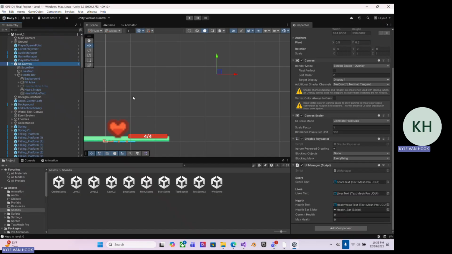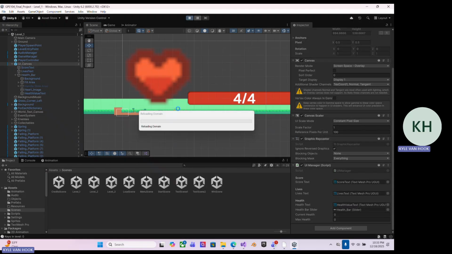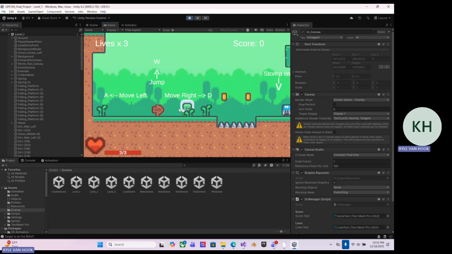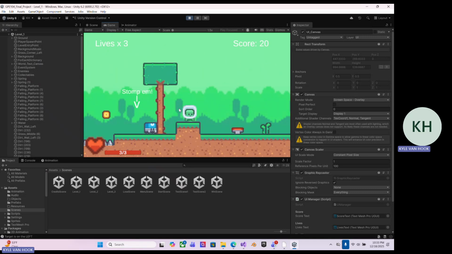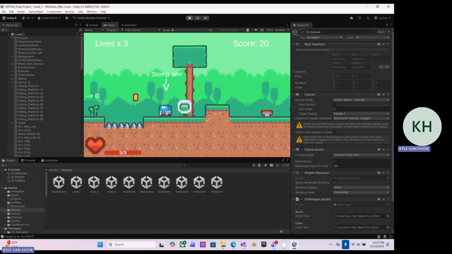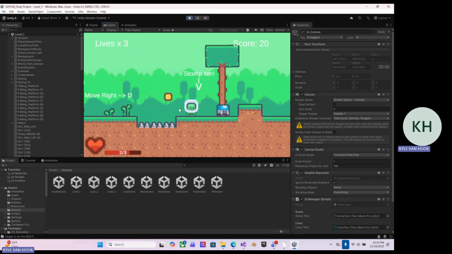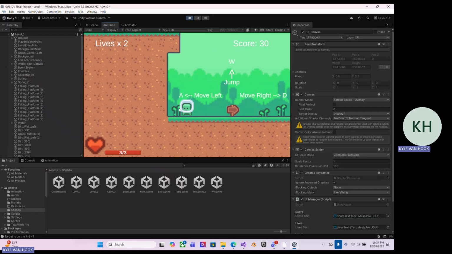This is basically, yeah, pretty much all that needs to be shown. I can show off that they are working. So, the coins, if I collect an object, the score will increase. If I run into an enemy that won't kill me, like these pill bugs, let me wait until he's on the floor so I don't stomp on him. If I collide with him, I will take damage. And if I jump onto an insta-kill object, my lives have gone from 3 to 2,